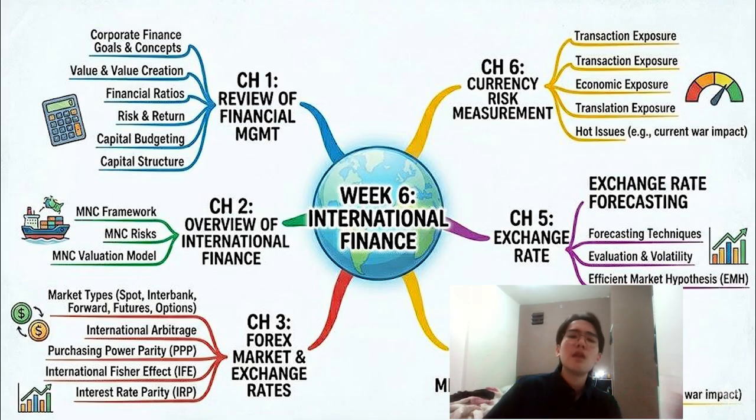This represents the broader direct and indirect risk to a company's overall cash flow and global competitiveness due to long-term exchange rate shifts. The last one is translation exposure. This is the accounting risk that occurs when an MNC must consolidate the financial statements of its foreign subsidiaries into the parent company reporting currency. Basically, in conclusion, with all of these materials, mastering international finance requires a firm to build on its corporate finance foundation, navigate complex foreign exchange markets, understand parity conditions and forecasting to predict future movements, and rigorously measure its exposure to global risk.